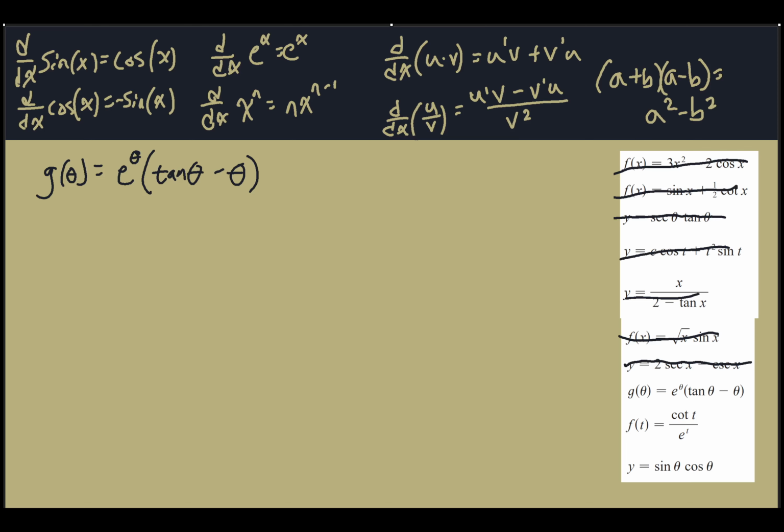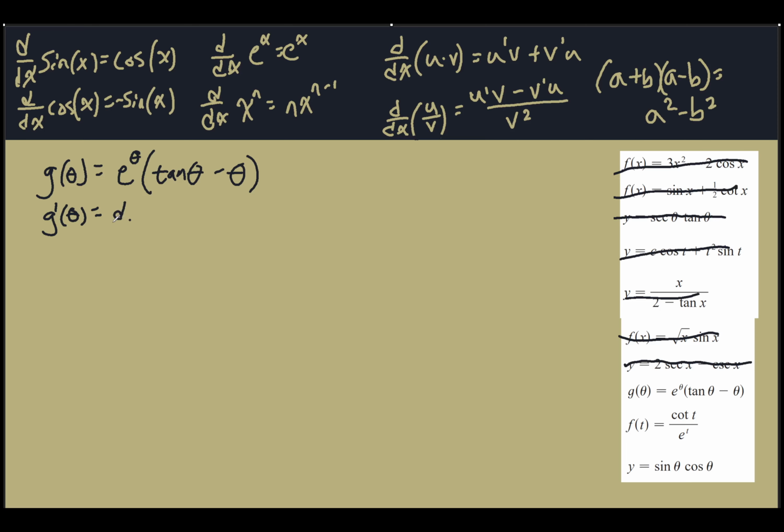It's deceivingly simple. I've written it down, but I want to remind you that theta is in this function a number of times. Don't be fooled. This isn't a number. This is a theta. It's an input to the function. It changes based on what you decide to set it at to see what you're looking at. And that means when we take a derivative, it counts as a function, just like e to the theta tan theta. So the first thing I want to do to find the derivative of this